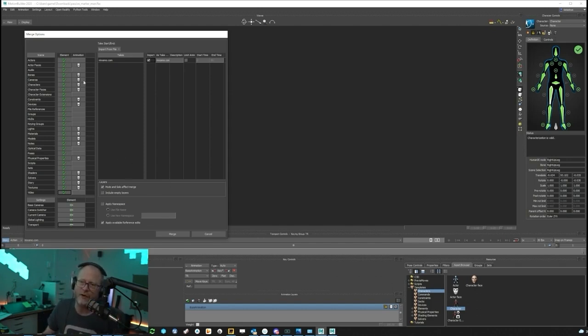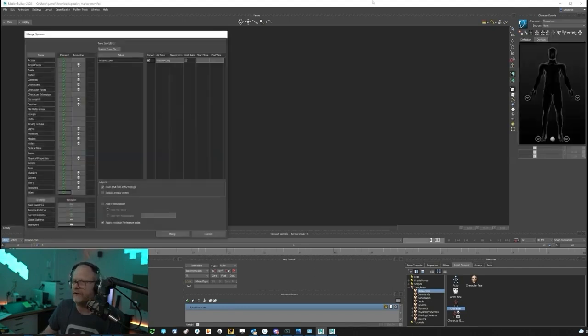This stuff you can kind of ignore. This allows me to filter what I'm bringing in, but the only thing I'm bringing in is essentially animation data, because that's all that's really there, especially because I'm going to be doing an append. So I don't have to worry about the options so much as long as they're default to append. And don't even worry about these because there's nothing coming in. There's no cameras coming in or anything like that. All right. So I'm going to go ahead and